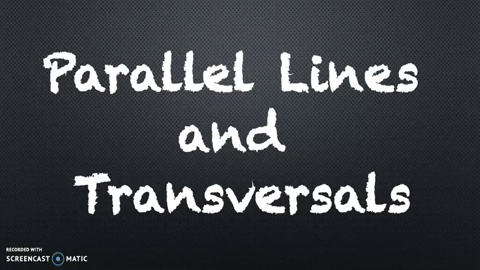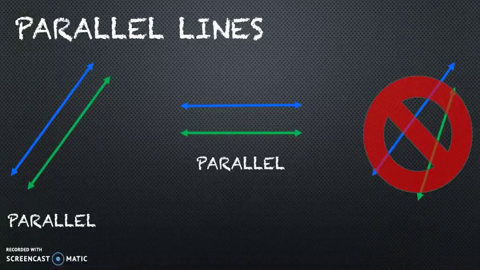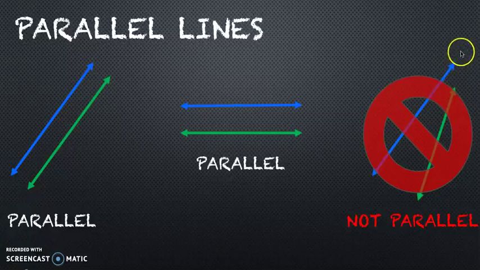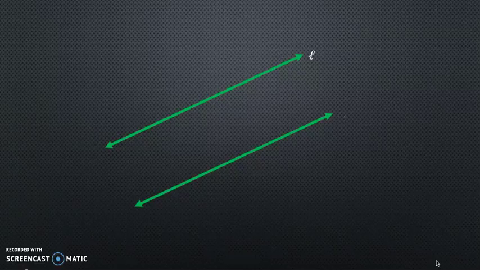Today we're going to talk about parallel lines and transversals. So parallel lines are two lines that never intersect, meaning they never cross paths. This last example is not parallel because if we continued the blue line and the green line, they would intersect somewhere around here. Now if I had two lines, line L and line M, and they're parallel, you'll notice that